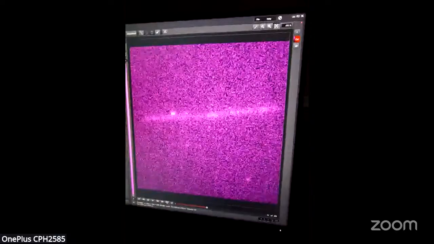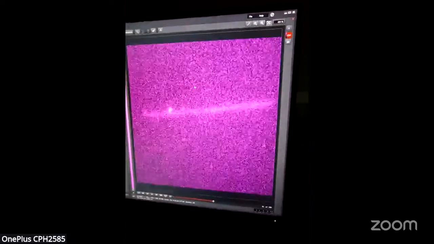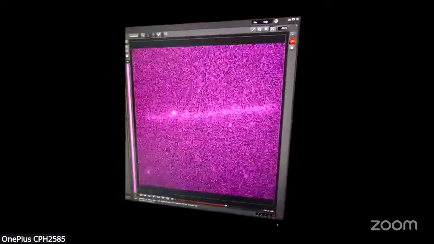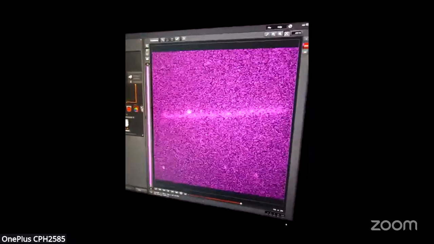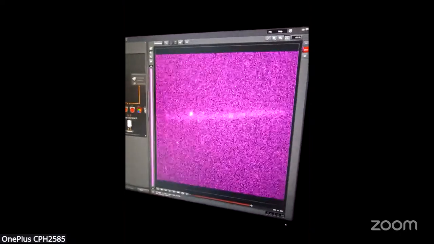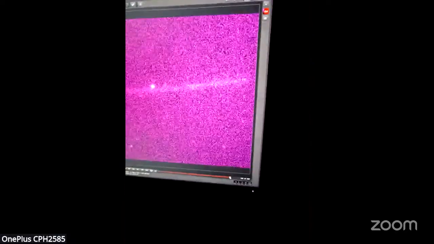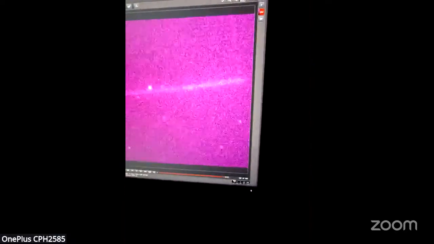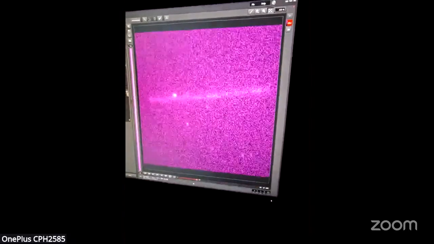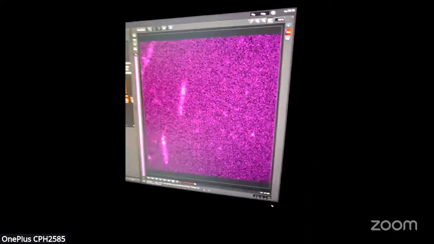Now, this imaging we capture for different time regimes to capture different biophysical parameters. For example, we capture a 200 millisecond interval to capture the residence time, and we capture continuous images to calculate the diffusion parameters. Now, as you can see here, this image has been captured, and now you can see the single molecules, the blinking of these molecules here and there in this plane. I'll just try to show you some good images also.